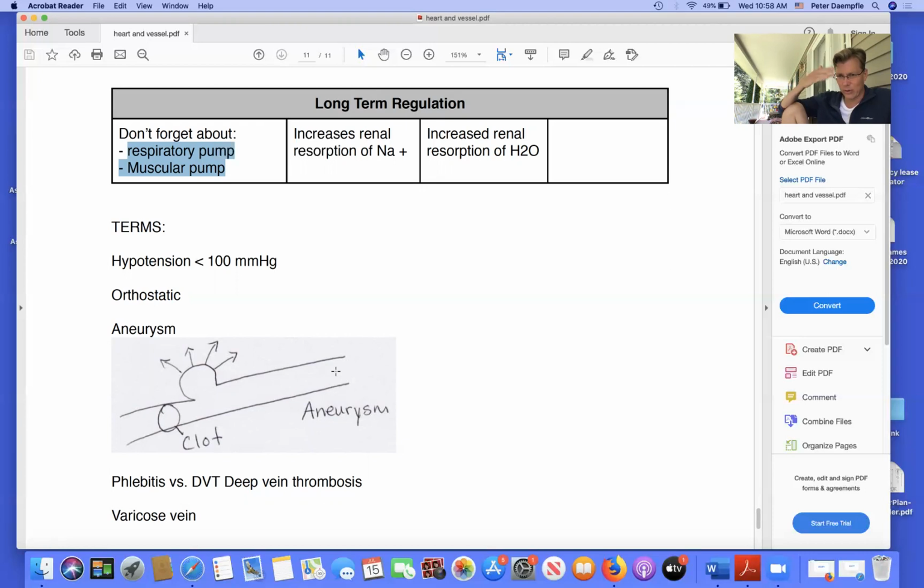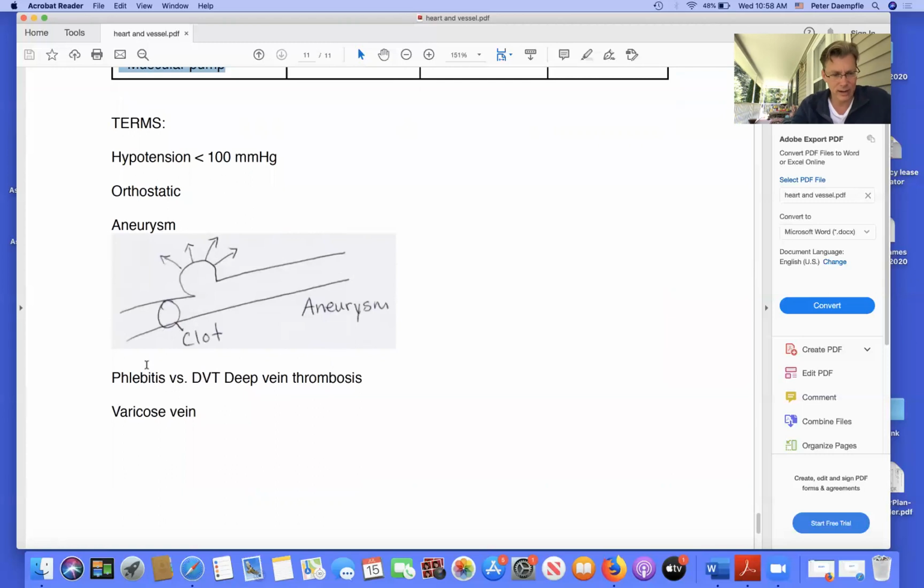You know, as you're older, things go slower. And so the baroreceptor takes too long to work and the person gets dizzy, and that's because that mechanism doesn't raise the blood pressure fast enough. So the treatment, you know, the person should sit first, drink a little water, and then get up slowly. That's the treatment. Last but not least, phlebitis is an inflammation of a blood vessel, and deep vein thrombosis is